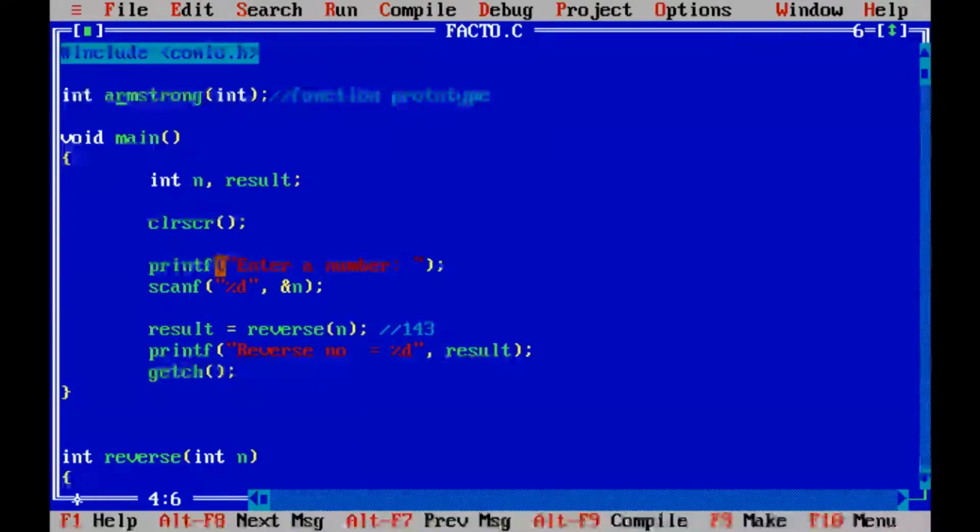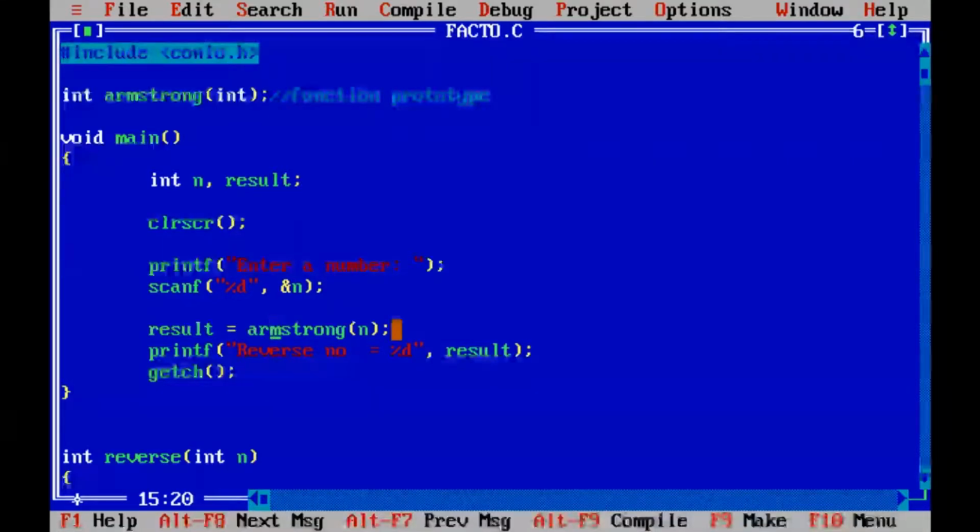Okay, so here I am saying enter a number, everything. Then here I'll write Armstrong. I hope whatever changes I'm making, you are able to grasp it, because I'm not writing the entire program again and again. I'm making the changes in the same program. So I'll take the result. What will be the result? Result will be either 1 or 0, because this function will return either 1 or 0 after checking. If the number is Armstrong, it will return 1. If not, it will return 0.